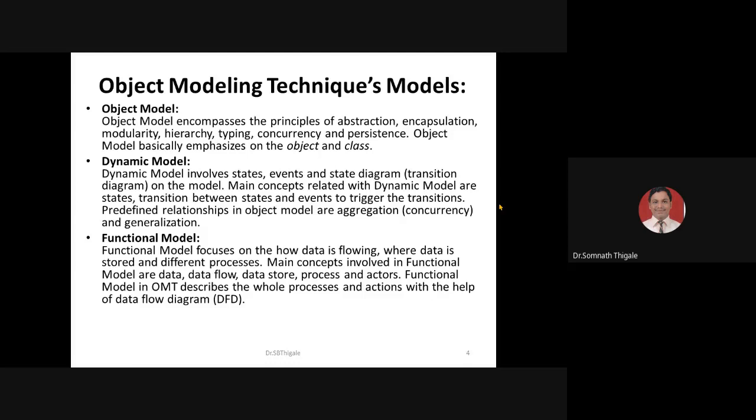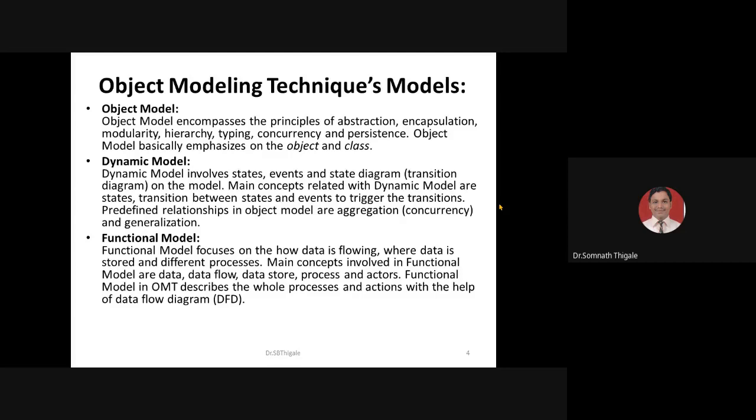But as I told you many times, there is no need to draw a separate object diagram. We can represent the object diagram in the class diagram itself. So what is a class? A class is a group of similar objects which have some common attributes. We club them together and represent them in terms of the class diagram. So object model is simply the class diagram. If you remember, we drew the class diagram for the login, where we discussed three different pages or three different classes associated with each other, which represent my object model.